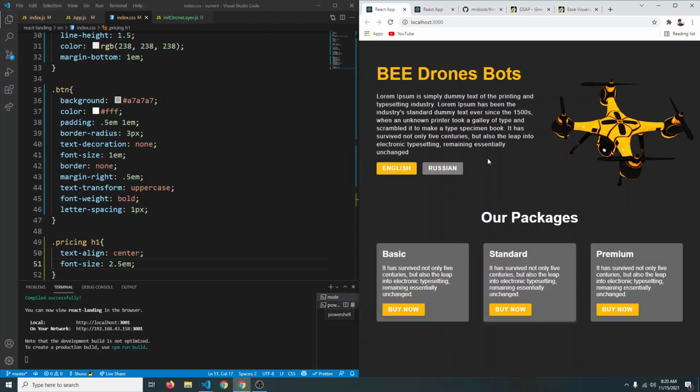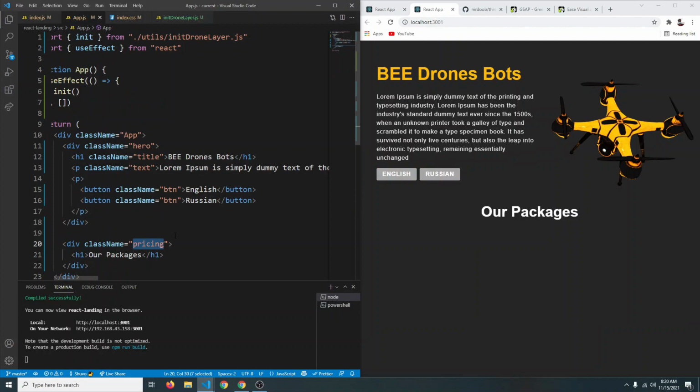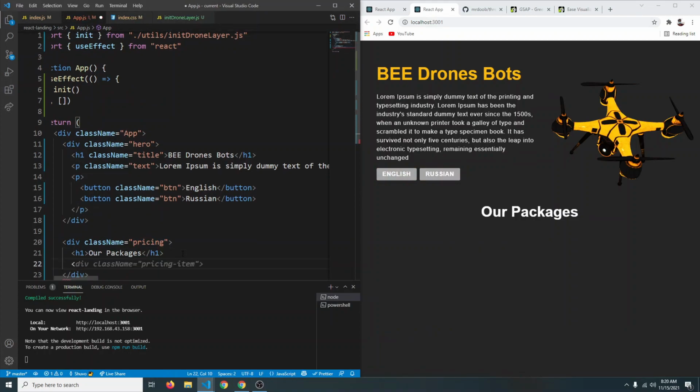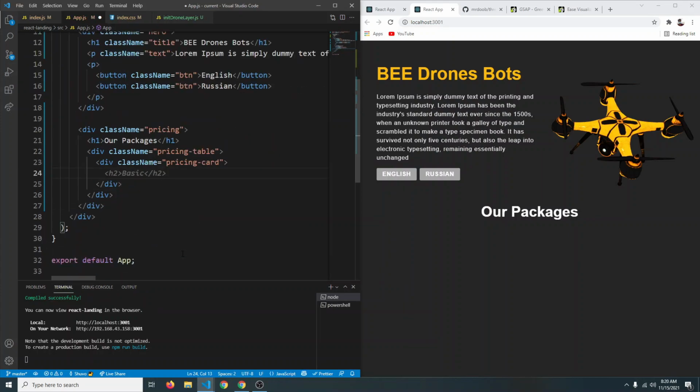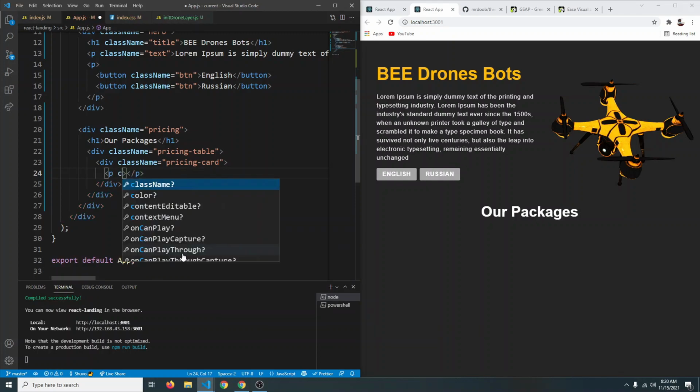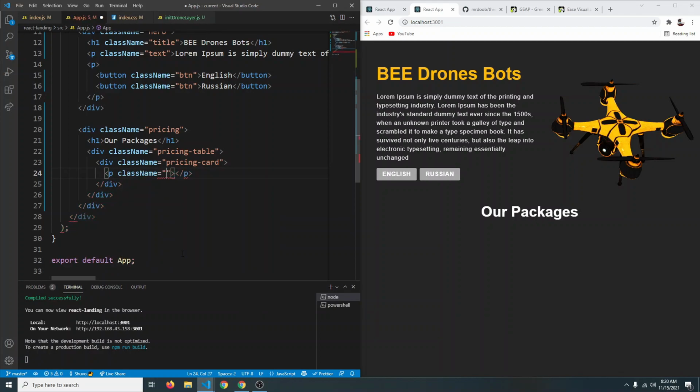After that we'll have these cards, so let's create a div with the class name of pricing table. So this table will contain our cards for the pricing. So inside that, let's create a div with the class name of pricing card, like so. So inside that, our card will also have a title, so let's say this should be paragraph text with the class of title. So the first one will say basic,